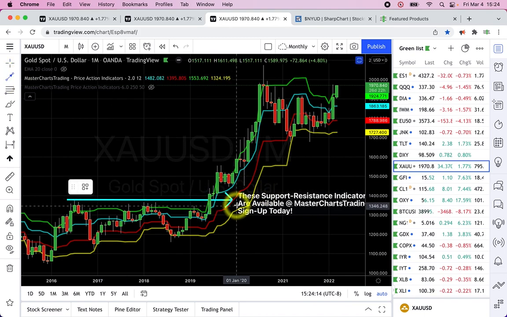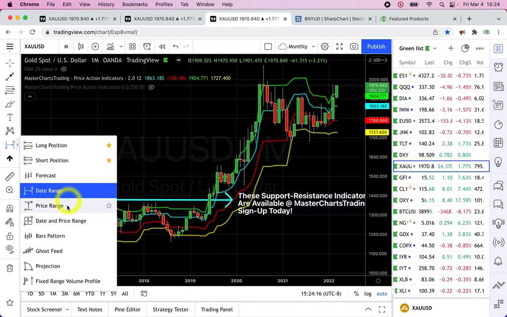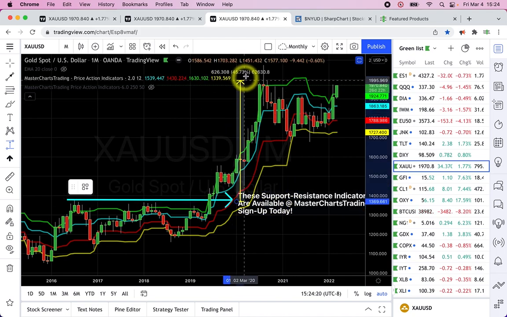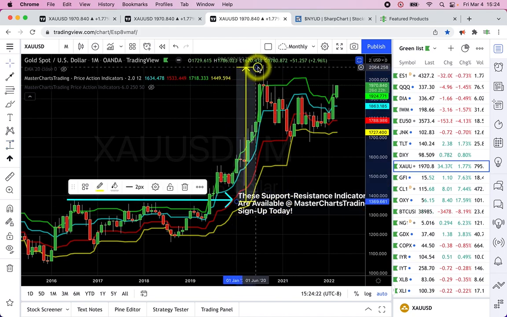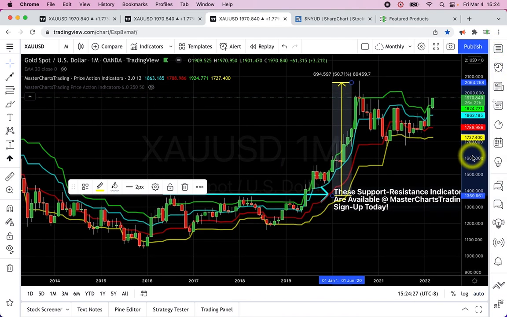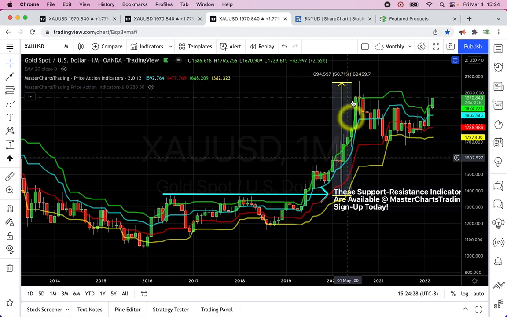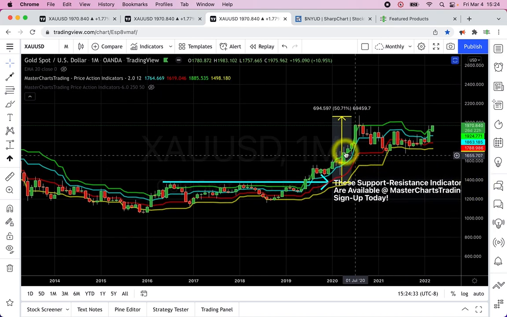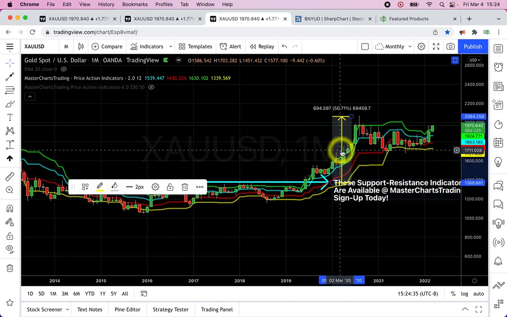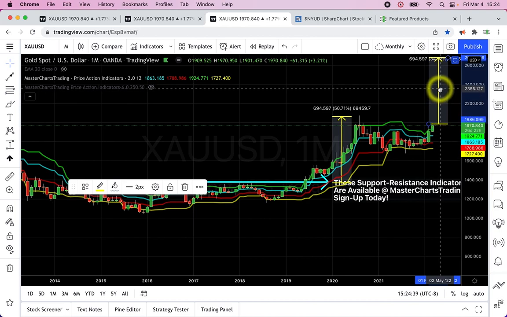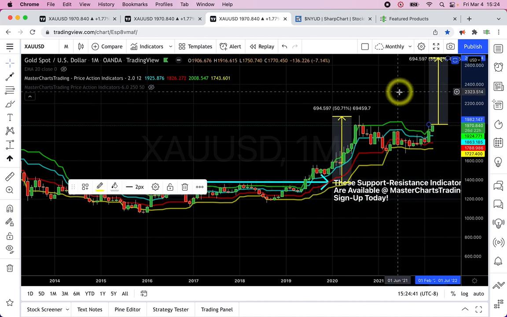So let's say a measured move is, again, pure price, pure conjecture. If this is a 50% move, what's it going to be on the upside? Okay, so something like that,